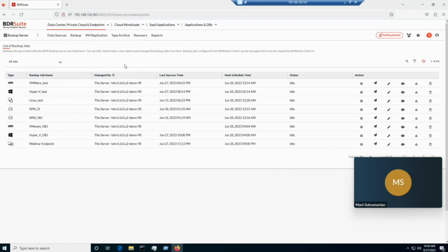All that I need to do, if I'm going to use the endpoints or I'm going to shift regions, is please make sure your backup server, where you have installed the backup server, has a default IP address, that is a public IP address. Once you have a public IP address, anywhere from the globe that you go, you just need to